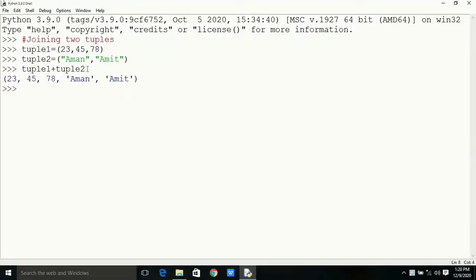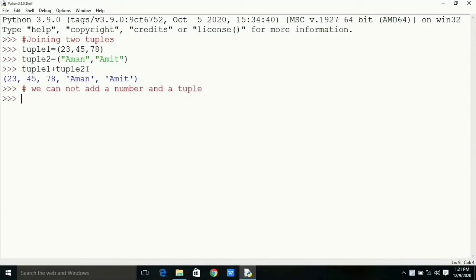To join two tuples, we use concatenation operator. Here tuple 1 is equal to 23, 45, 78. Tuple 2 is equal to Aman, Amit. If we add them, we will get 23, 45, 78, Aman, Amit. If both the operands are tuple, then only concatenation operator can be used.